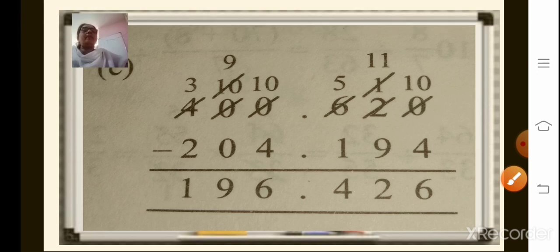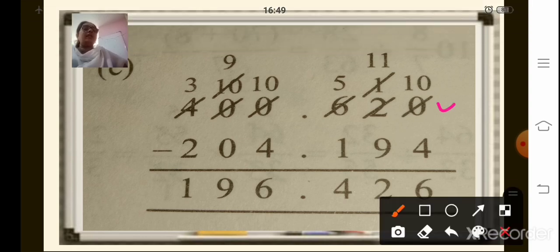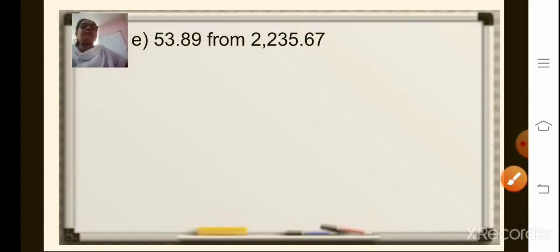So in this slide I have shown you the working. 400.620 minus 204.194. Write the number and then subtract it accordingly, the same way how you do it for the whole numbers. The second sum is, subtract 53.89 from